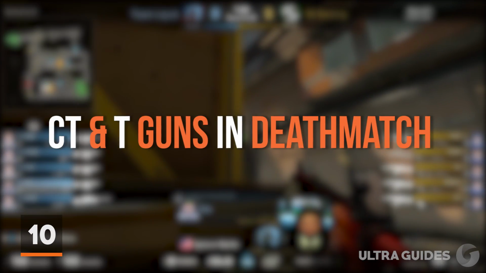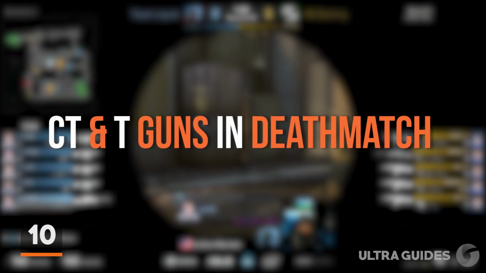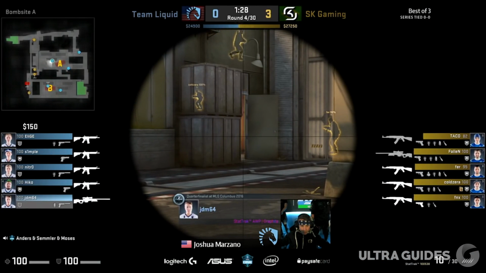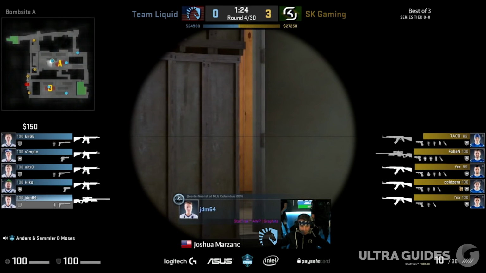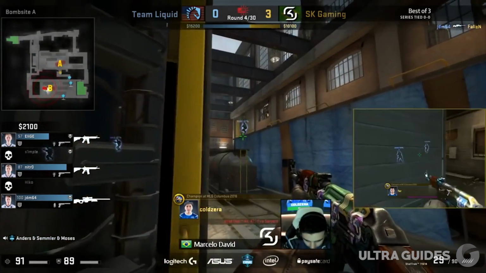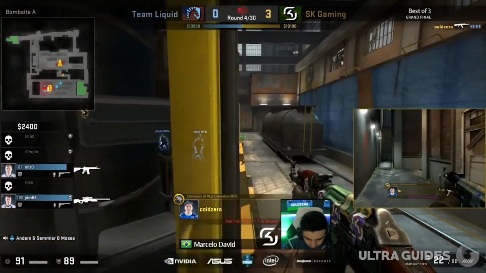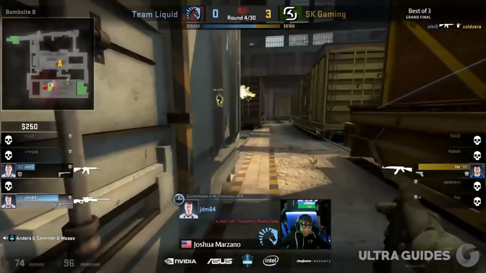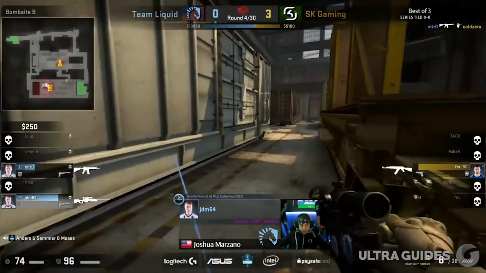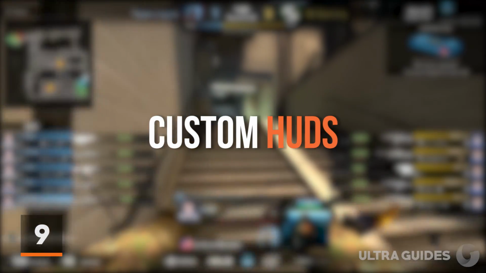Starting off with number 10, all guns on both teams in deathmatch. This is pretty basic stuff. Deathmatch in CSGO is a casual game mode, so there should really be no separation of what guns you can use depending on what team you're on. Most people use deathmatch as a form to warm up their aim for a competitive game. Many people would agree that allowing players to use any gun in deathmatch would be a welcome change. There's really not many reasons to restrict the guns that people can use. It's not competitive, so...